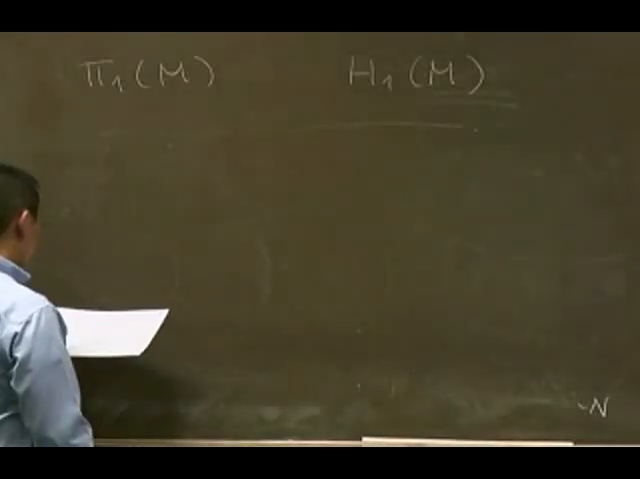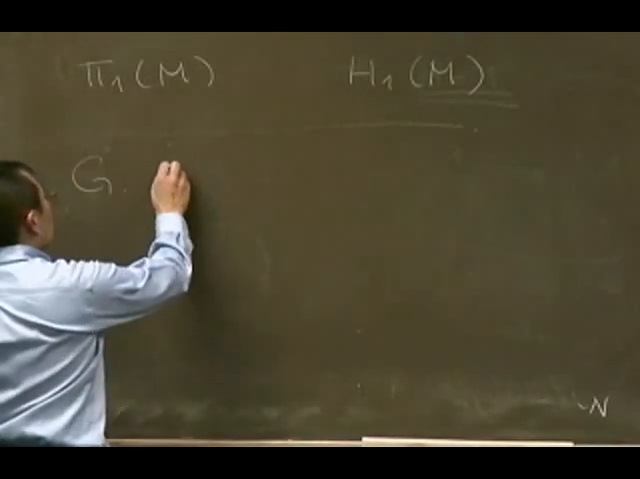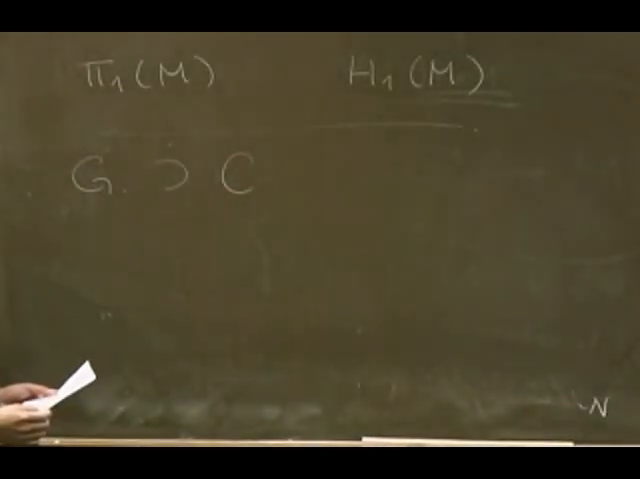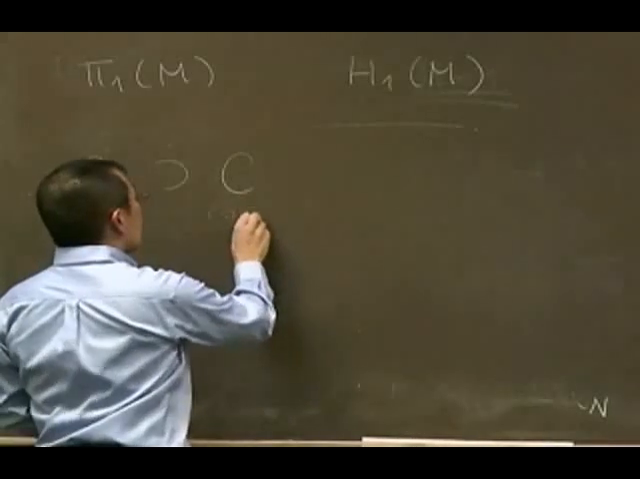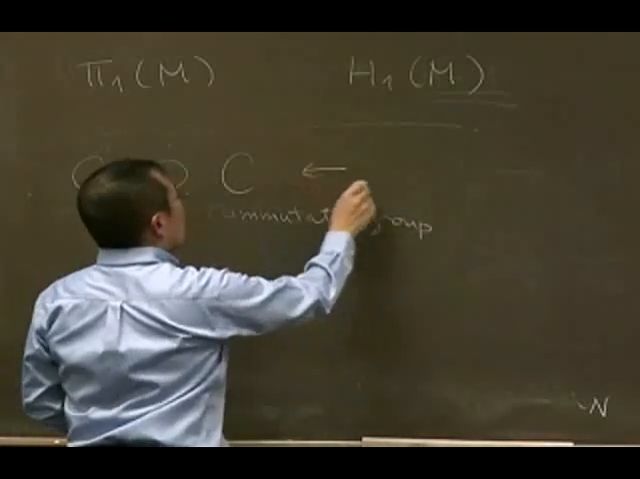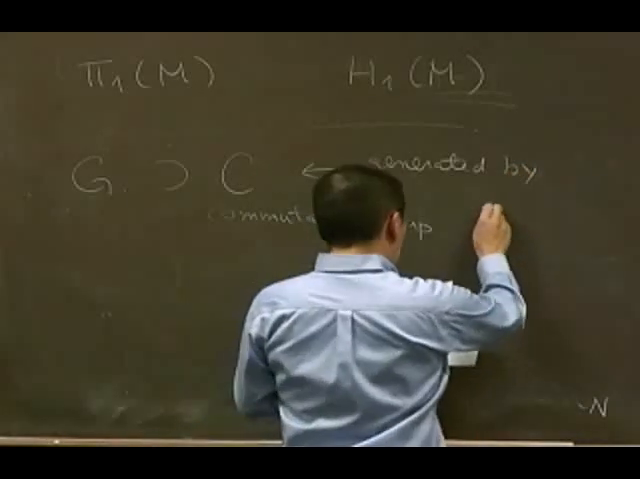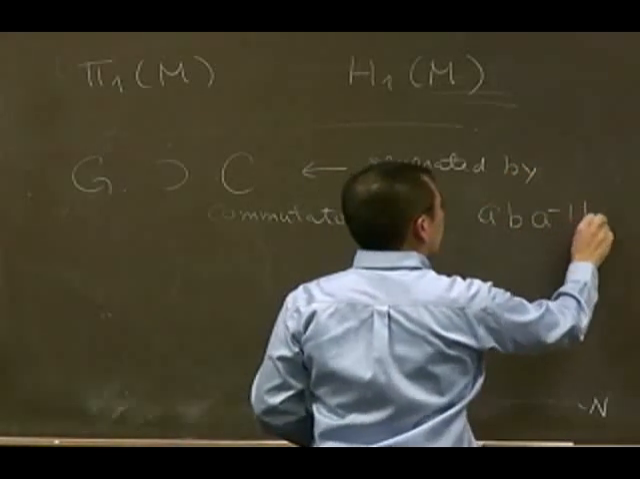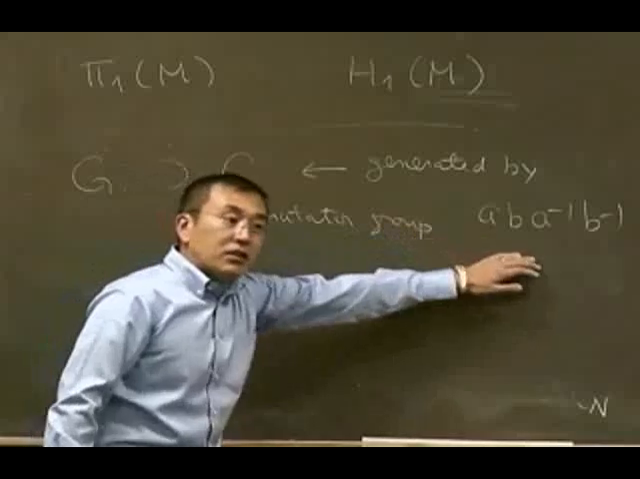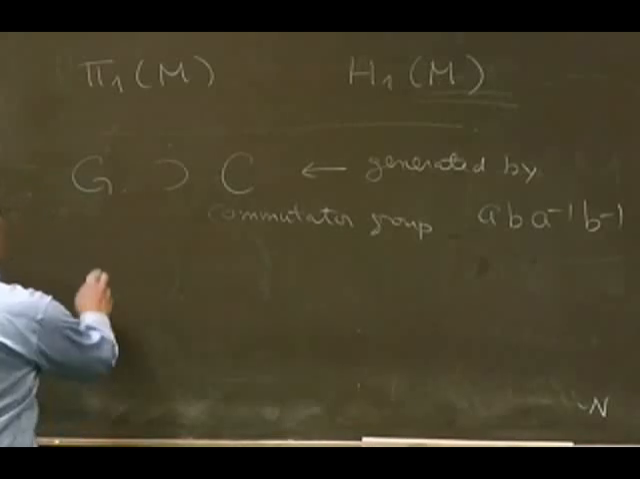So suppose you have a group G. Then there is a subgroup of G called the commutator group. It is a group generated by elements of this form: A, B, A inverse, B inverse. And you can check easily that this is an invariant subgroup. It's a simple exercise to show that. So therefore, you can